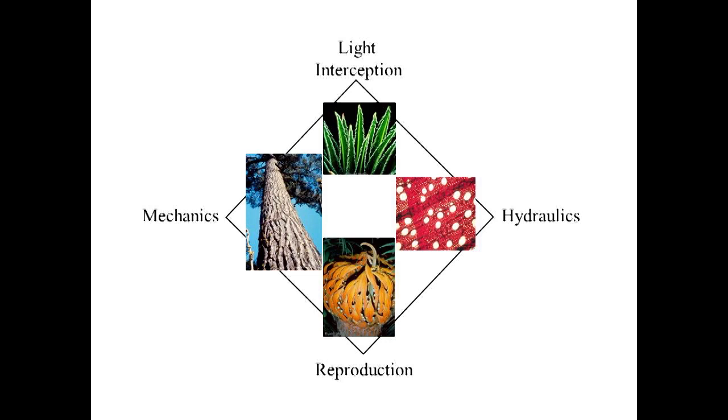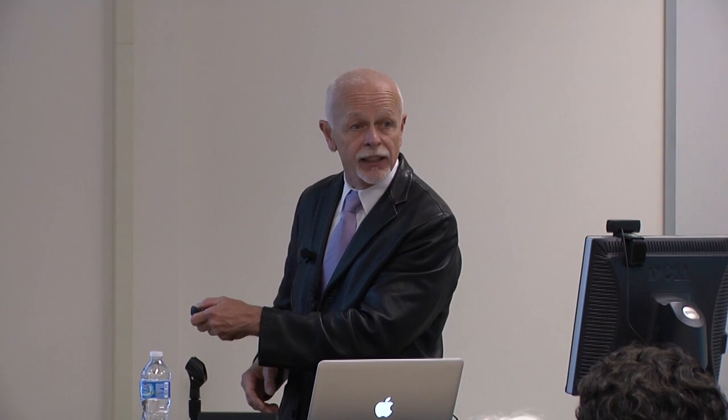So there's something else that's important. We can not only describe them, we can quantify how they perform these functions. I just showed you that there's ways of doing that, right? So I'm going to show you now our first experiment. This was done before some of you were even born. And that is, what happens if you say to the computer, quantify the ability of all those different geometries to maximize mechanical stability and maximize light interception